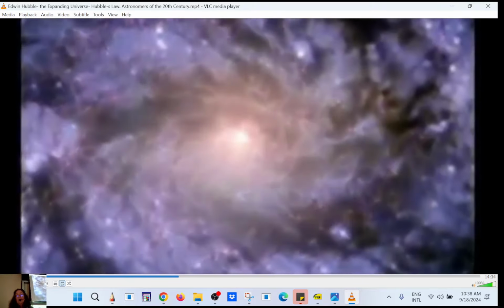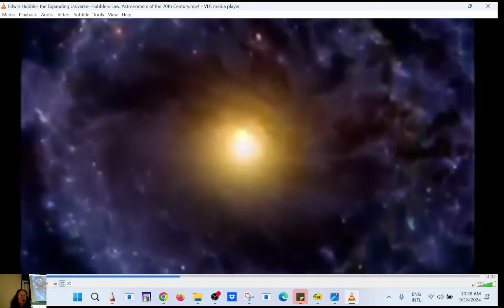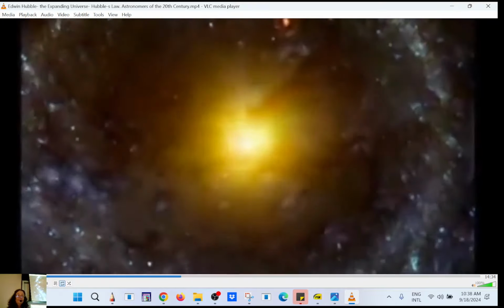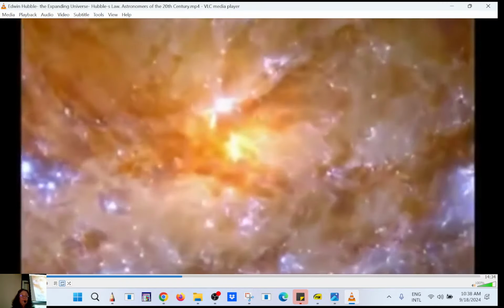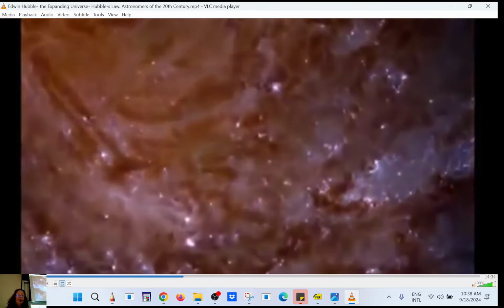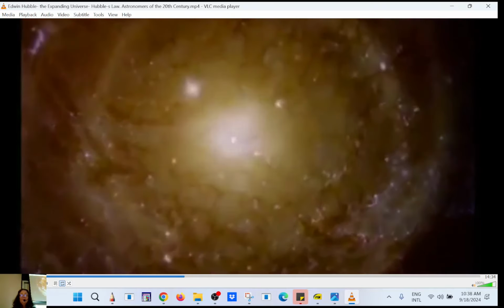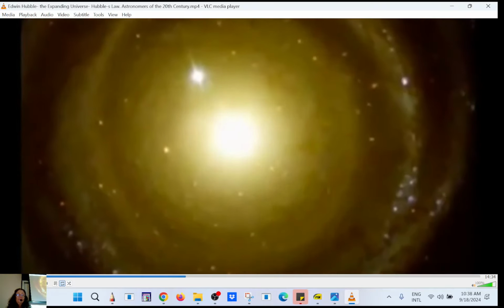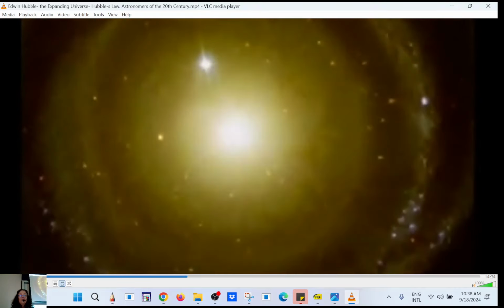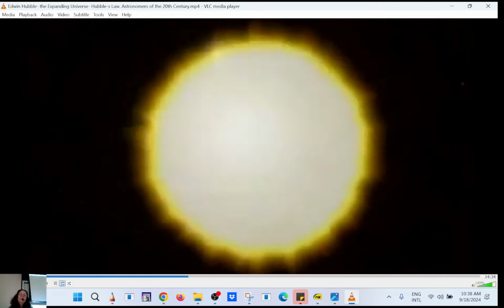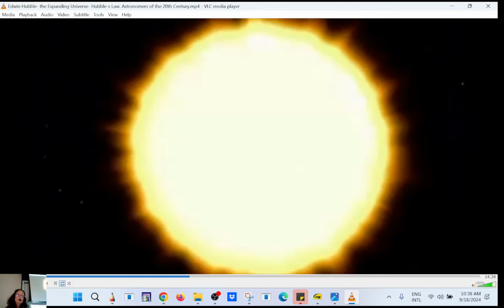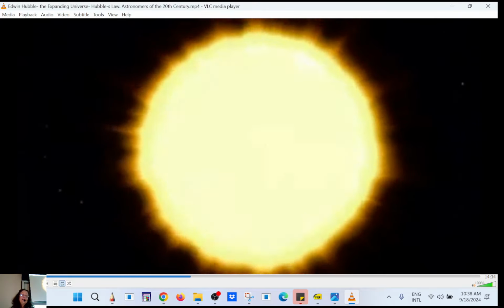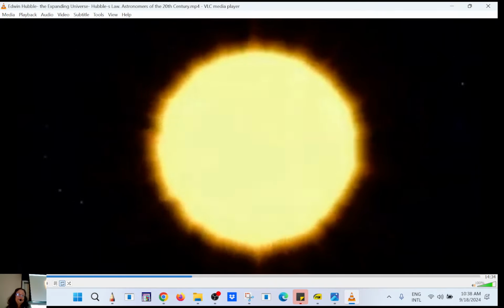In his doctoral dissertation, Hubble hypothesized that the spiral nebulae were independent galaxies, far beyond our own Milky Way. But in order to prove this, he had somehow to measure their distance. For this purpose, astronomers used a class of stars whose brightness varies periodically, known as Cepheid variables. They have proved a useful astronomical measuring rod.